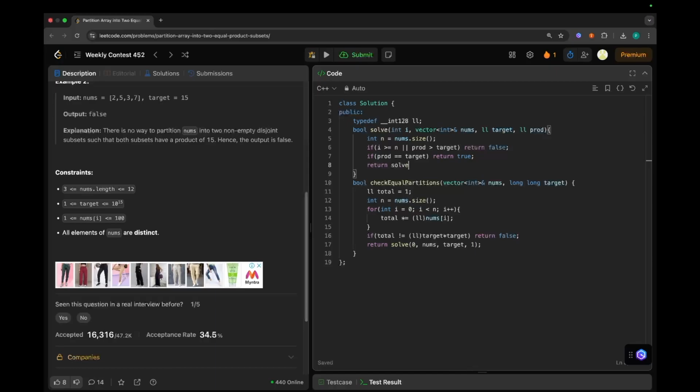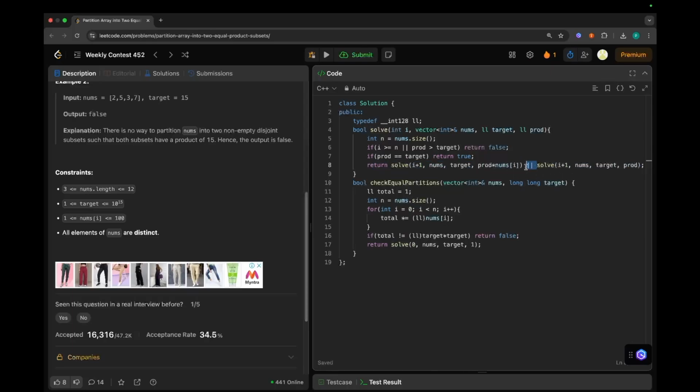Now we have two choices: either we can take that number or not take it. If we take it, then our product will become product into nums of i. And if we do not take it, then it will not get updated. We will simply move on to the next number, so product will remain as product. If any of these conditions returns true, then we will return true.